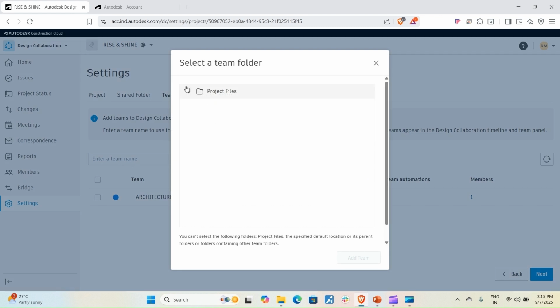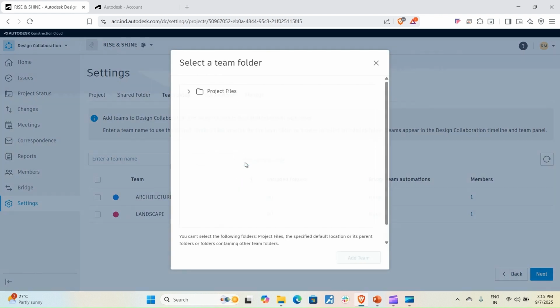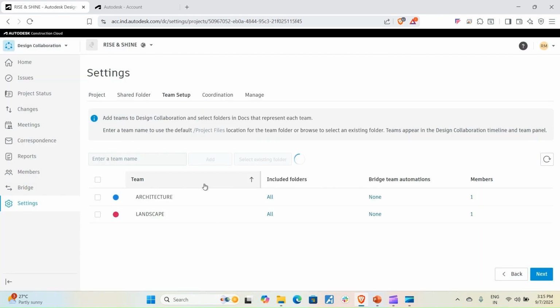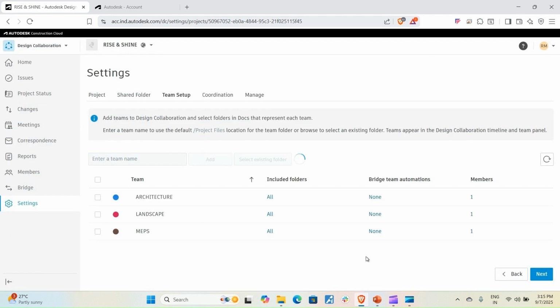Okay, and then I will say landscape, MEP, structure. Okay, we cannot add all of them together, we have to select one by one. So with respect to those teams, again, color is assigned to it. Okay, MEP we will say, and once we create all the teams, now the last team remaining is structure.